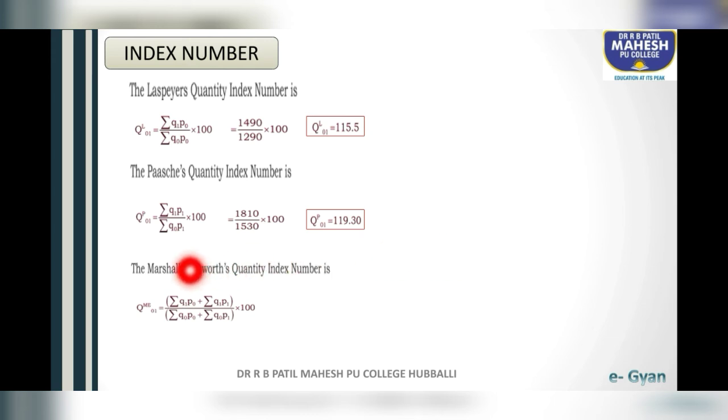Next, same as before, you find the Marshall-Edgeworth quantity index number. The formula is summation Q1 P naught plus summation Q1 P1, divided by summation Q naught P naught plus summation Q naught P1, into 100. Students, now you substitute the values. Summation Q1 P naught is 1490, summation Q1 P1 is 1810, and summation Q naught P1 is 1530. First you add the numerator and denominator values. After adding, the answer is 3300 divided by 2820. Dividing and multiplying by 100, the final answer is Q0 of Marshall-Edgeworth